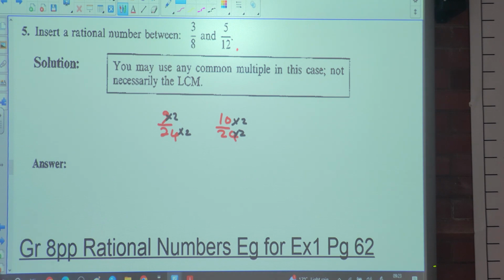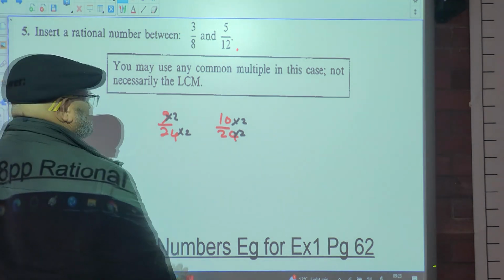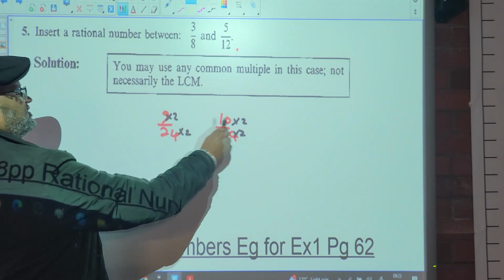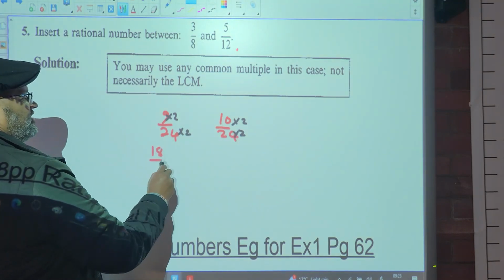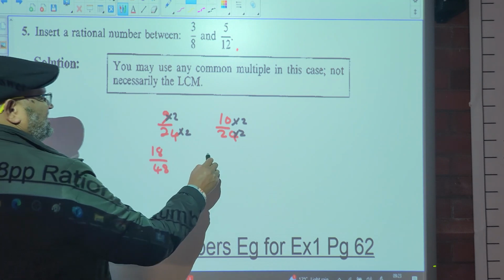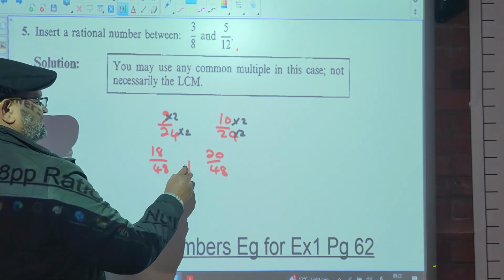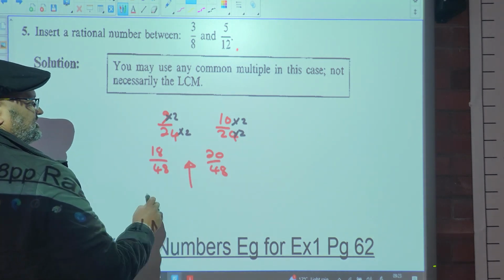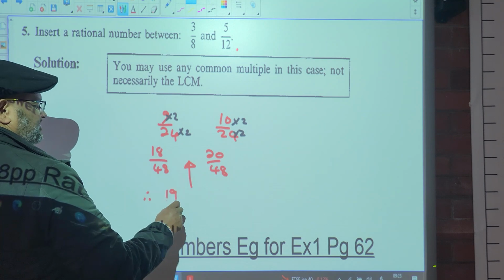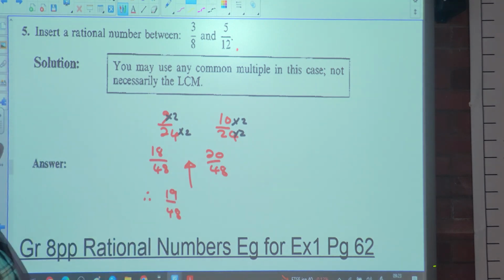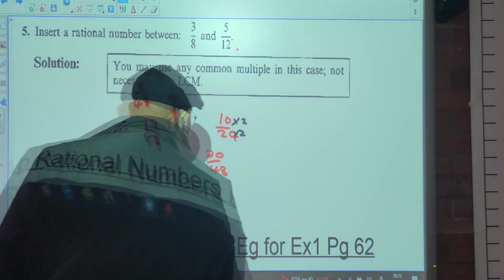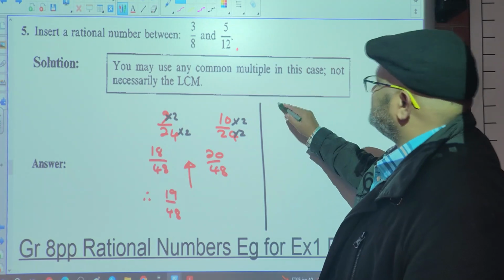You guys understand? So what happens is, if I multiply everything by 2, then I'm going to get 18 over 48 and then 20 out of 48. So what rational number lies between this? Therefore, 19 over 48. You understand? So say for argument's sake, the question I read,